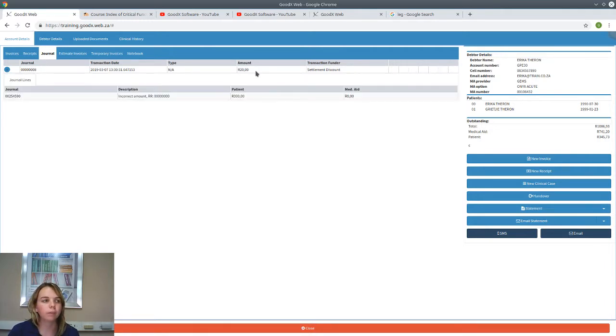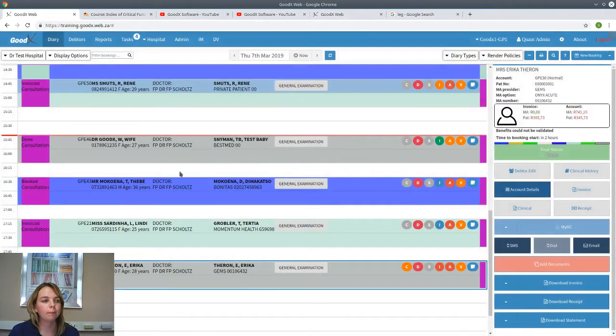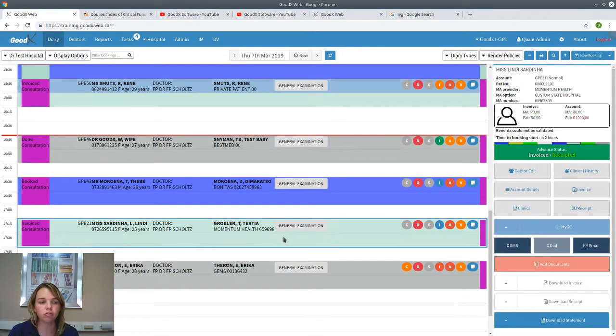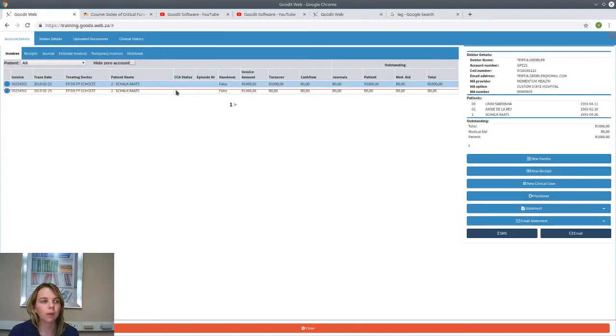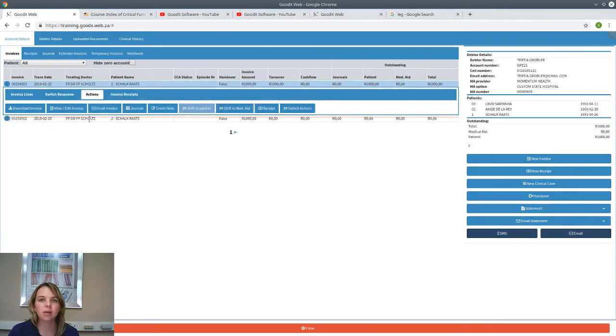It also shows you transaction funder. It was settlement discount that we have chosen, and then the transaction date and time. We're going to do another journal just to show you. We're going to click on the patient, say account details, click on the correct invoice, say journal,